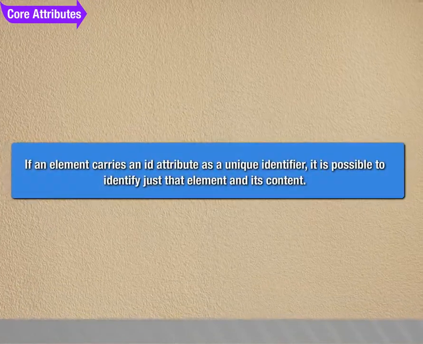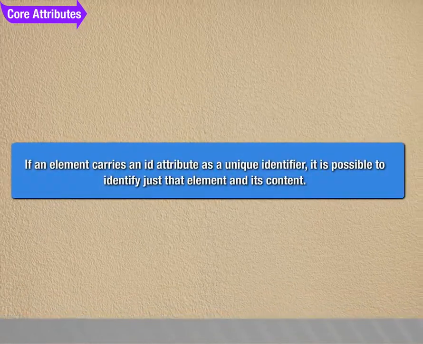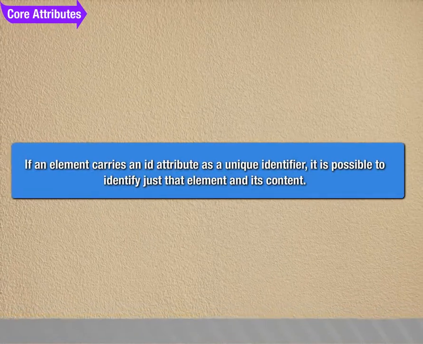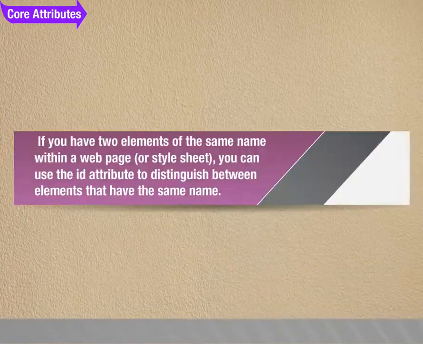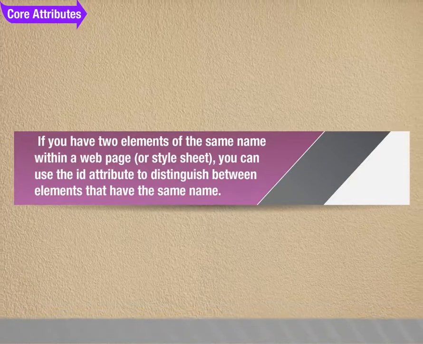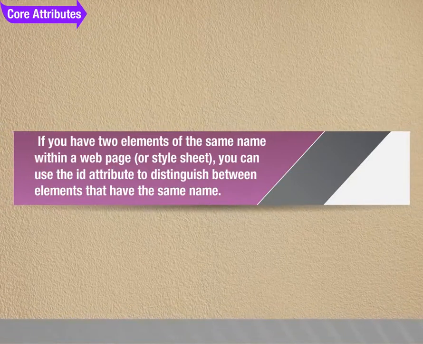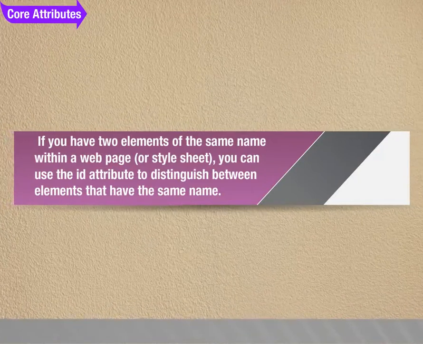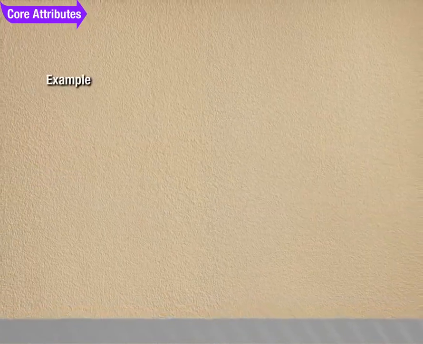If an element carries an ID attribute as a unique identifier, it is possible to identify just that element and its content. If you have two elements of the same name within a web page or style sheet, you can use the ID attribute to distinguish between elements that have the same name. Example: